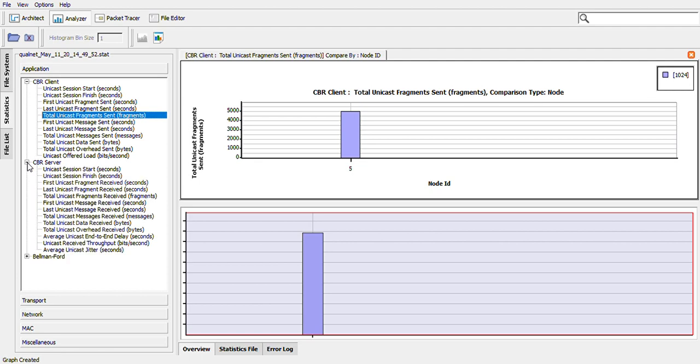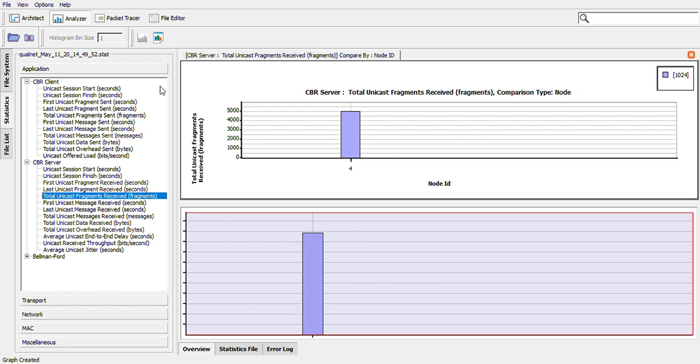If you want to see how many segments or fragments the receiver has received, 4 is the receiver in our case. Yes, it has received all the packets, meaning no packet drop has occurred. So this kind of analysis you have to do in almost all the 7 experiments in the communication networks lab.